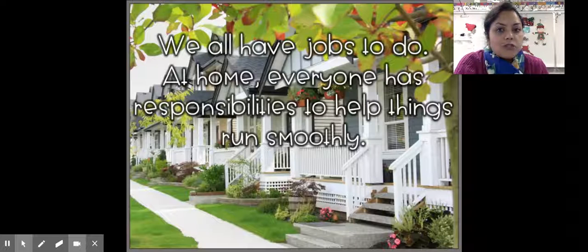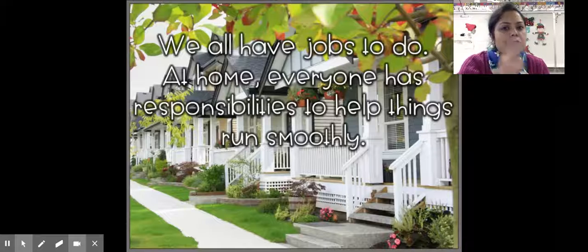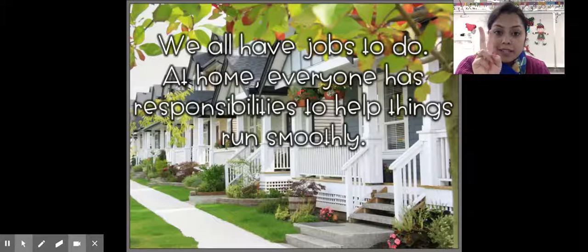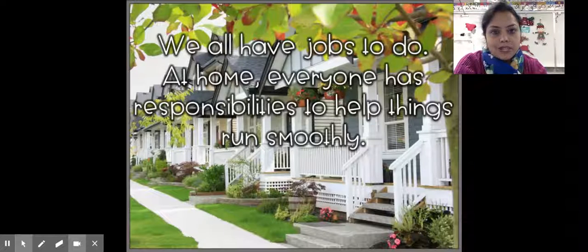Now, I want you to remember two things. As we talk about each of these jobs or chores that we have at home, I want you to ask yourself two questions. I want you to ask, one, who does that job in your house? And secondly, ask yourself, how does this job help to meet the needs and wants of my family? Okay, I'm going to show you how to do that, and then you can do it on your own. Are you ready? Okay,